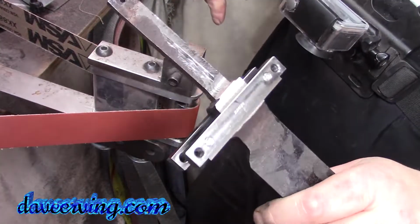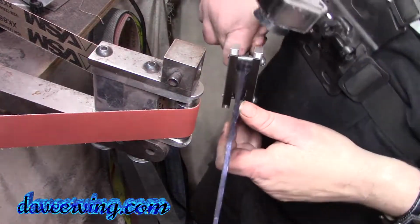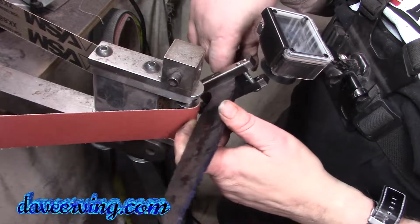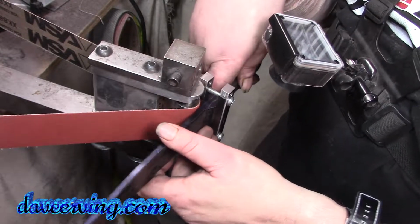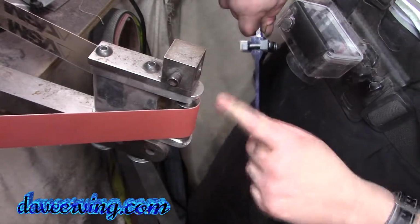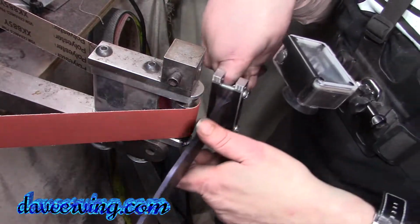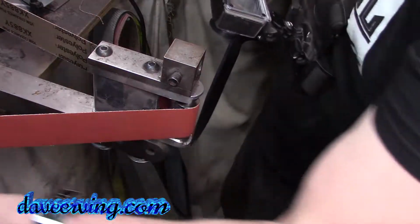Alright, I gotta admit I'm a little nervous. Even though I've seen all the guys say you can just run this right into the belt, that doesn't mean I want to. I'm still gonna be careful. I think this is like the 3/4 inch wheel, so we'll see how that works first. I don't know if a bigger wheel would be better. I got my 1-inch wheel here just in...